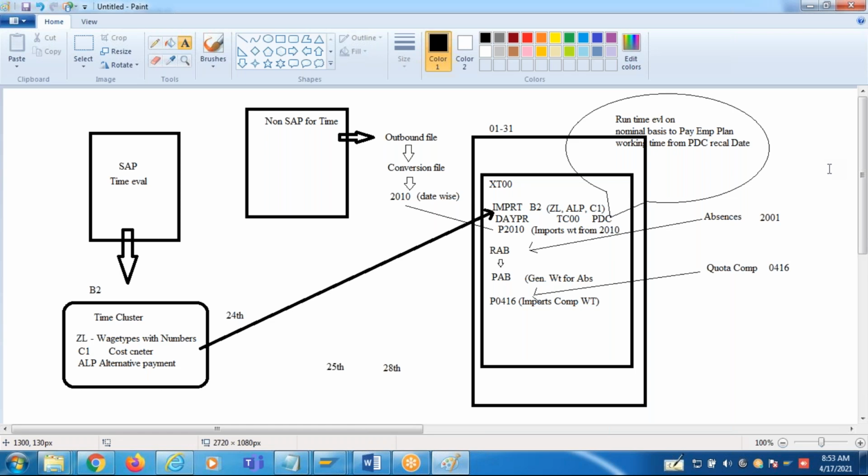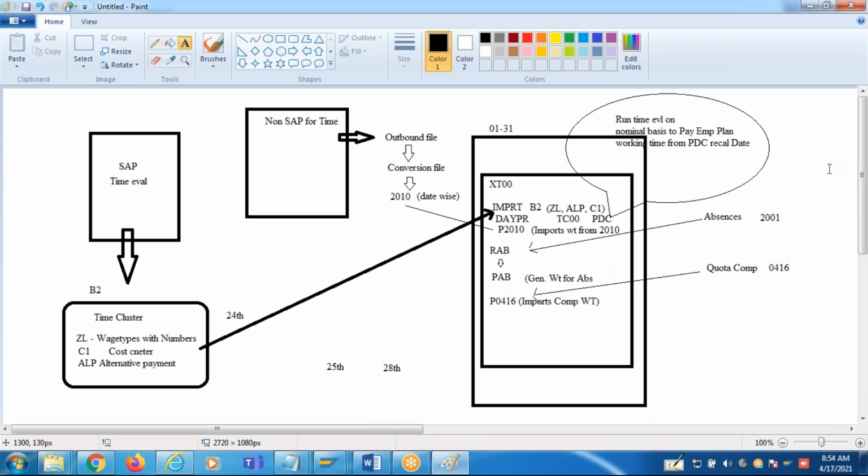Now, once absence data comes, they update that in the system for the past period. So that absence data will be executed in the retro and accounted in the subsequent payroll. That's how they do it, guys.